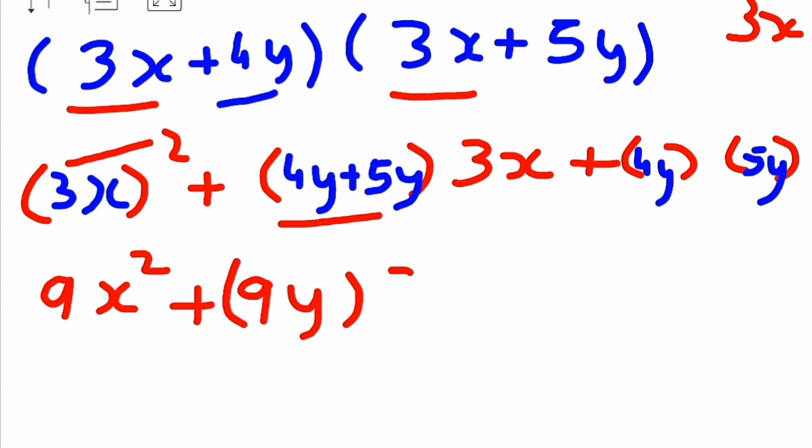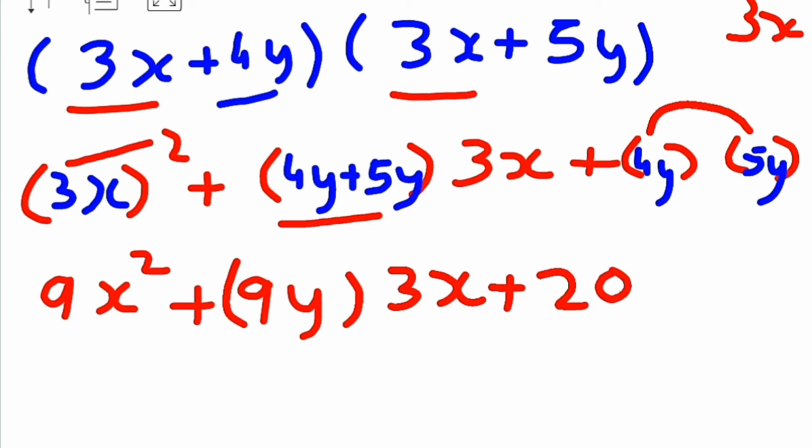This is in brackets and we have 3x along with it. Plus 4 5s will give you the answer as 20. Now here y has been multiplied. If something is multiplied, it becomes double. So y will become y square. I hope you are understanding, children.